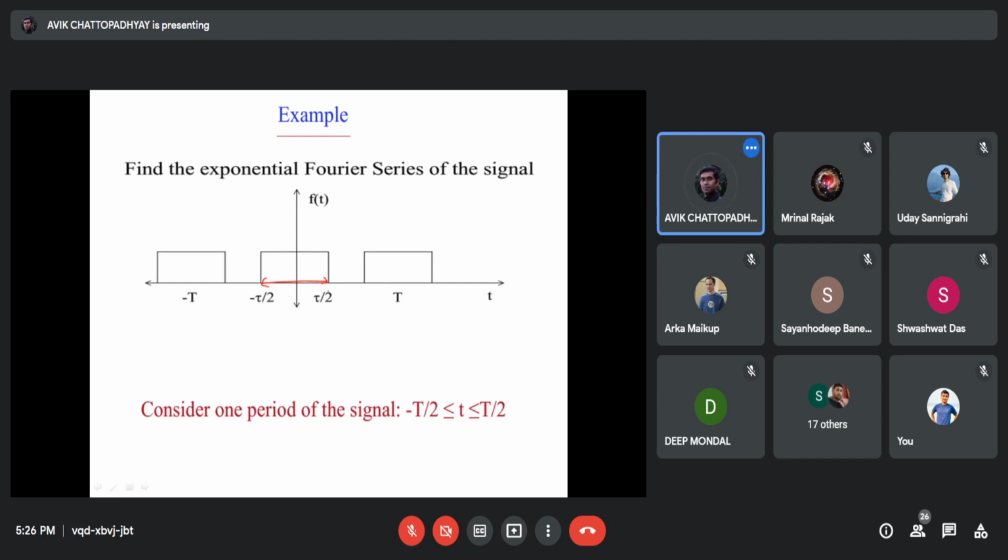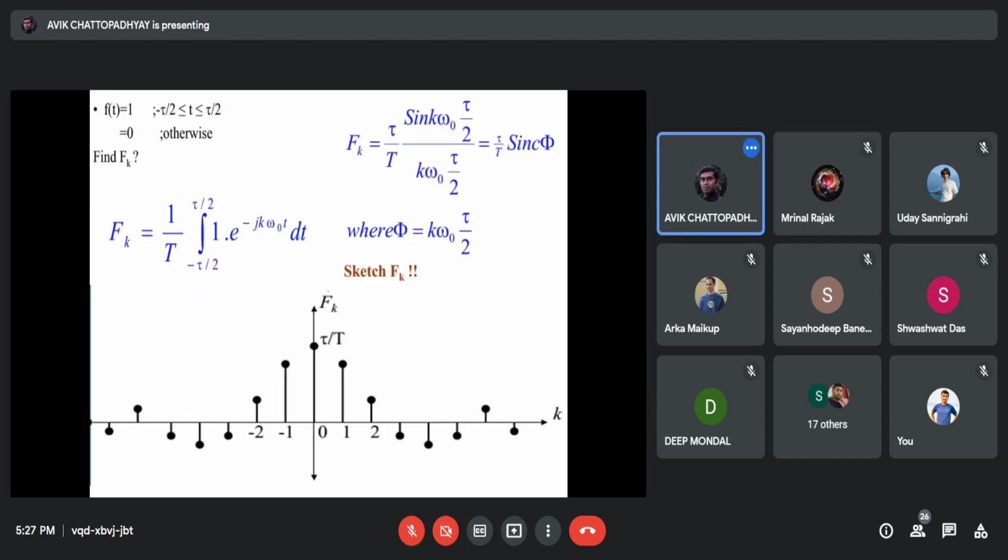Tau, because minus tau by 2 to plus tau by 2, the width of the pulse is tau, so tau by T, exactly। এটাই তো করালাম কাল, একটু ভ্যালুটা আলাদা ছিল, ব্যাপারটা একই। এই টিপ গুলো যদি কানেক্ট করো, এনভেলপটা ফর্ম করো, দেখো এটা সিঙ্ক ফাংশনের মতো হচ্ছে।